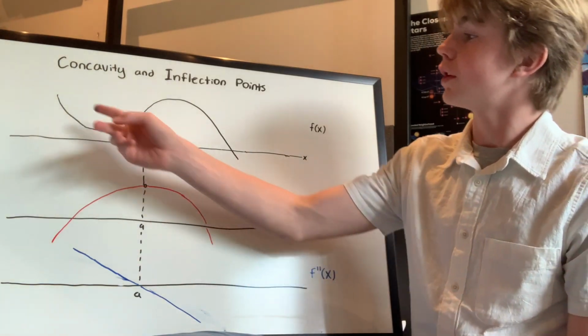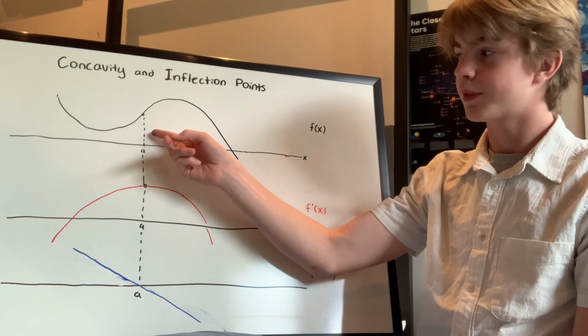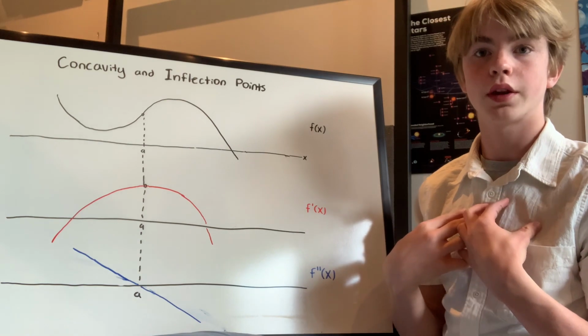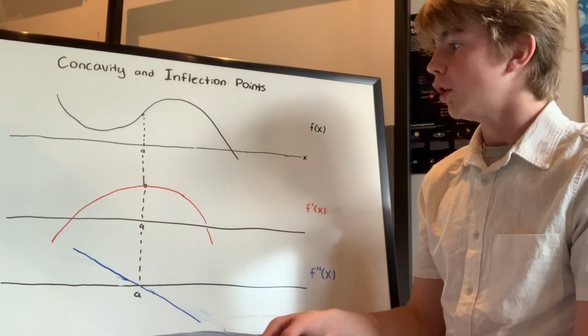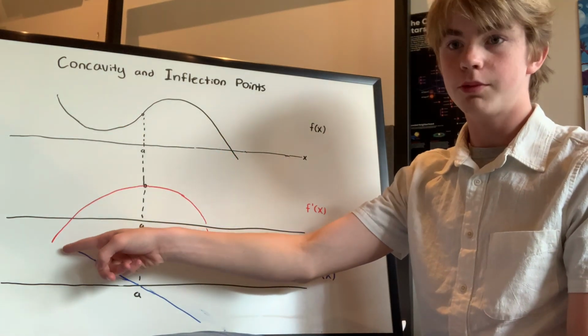So looking at this function, we can see that it appears to be concave upwards until a, and then concave downwards after that, just through intuitive knowledge of concavity, but that's not really a mathematical definition, so let's look for one. We can see that before a, when we were saying it's concave upwards, the slope, visualized here with the